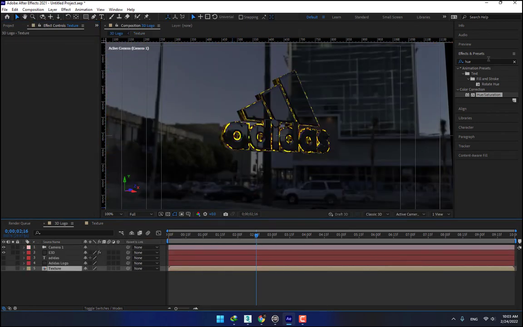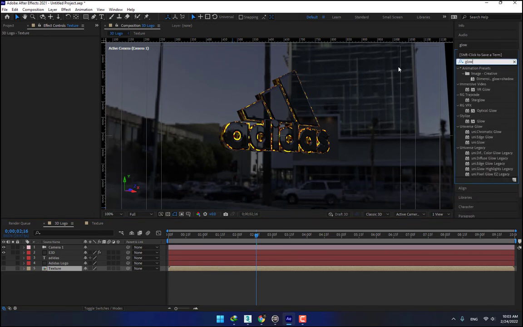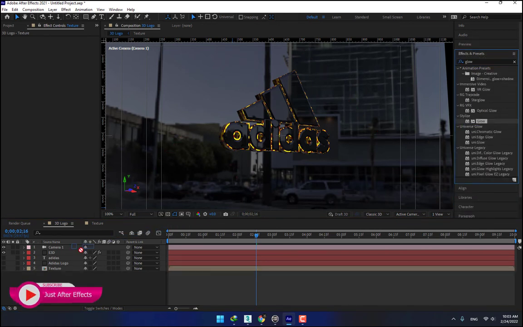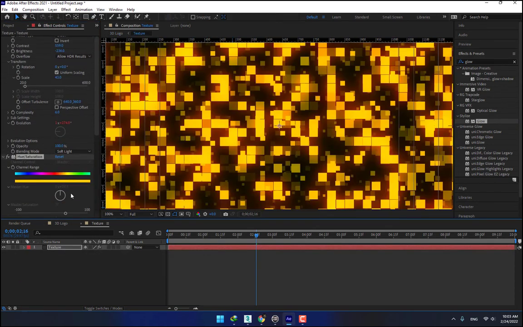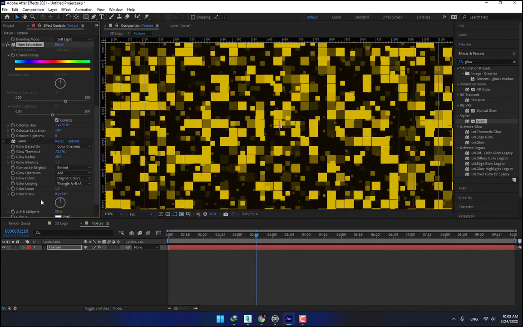Yeah, and now apply glow effect on your Element 3D